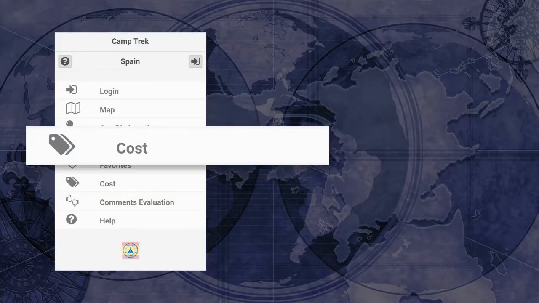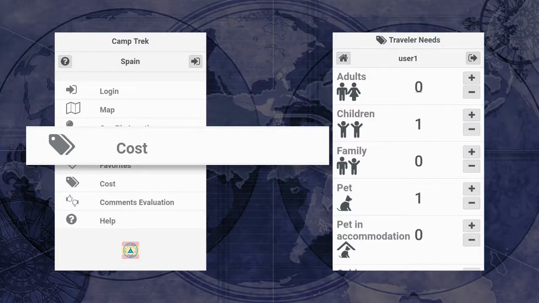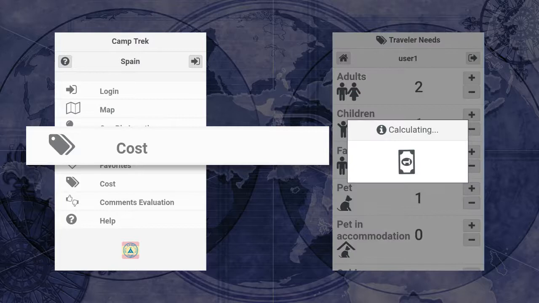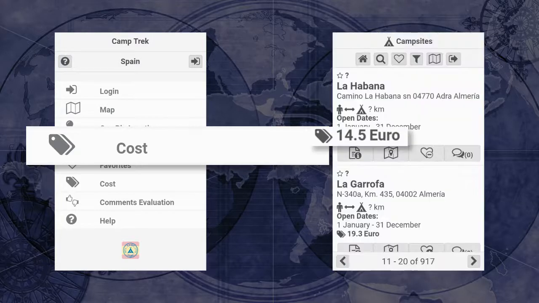The Traveler Needs screen allows you to enter your camping requirements. You can specify the number of elements that will be taken into account while calculating the cost of your staying in every camp, that has the cost of those items listed. For example, you can specify the number of adults staying in the camp,